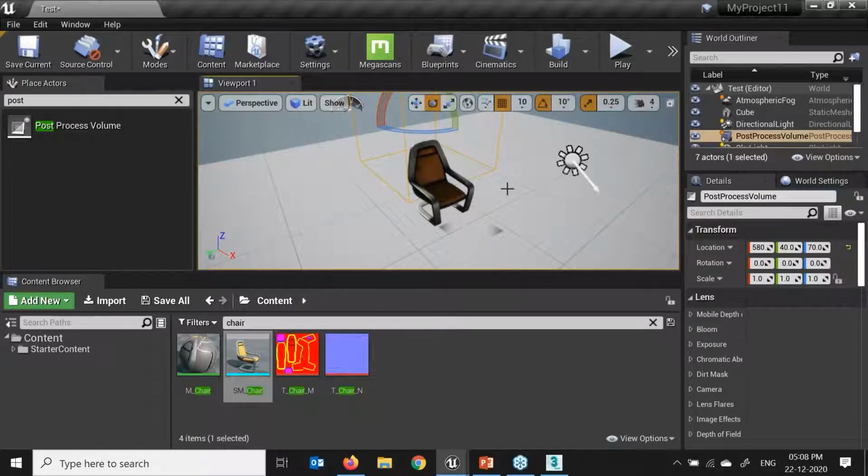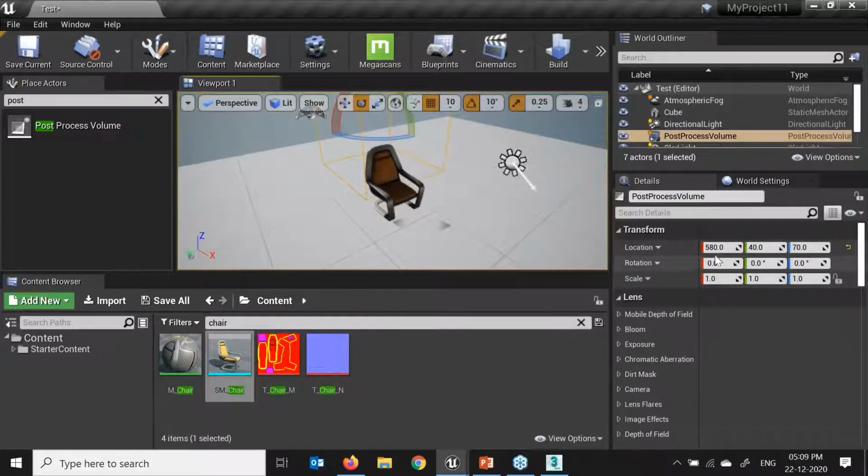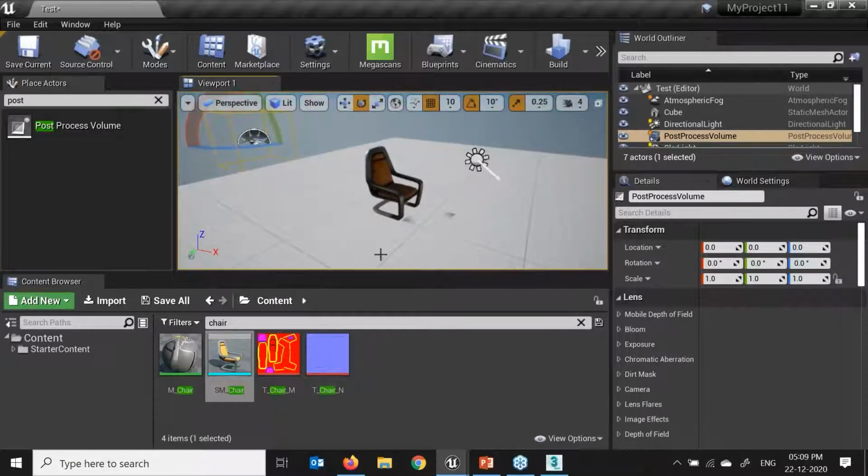Because if we look towards the sun for 5 to 10 seconds, then if we look at any wall, it will start from a little bit of blackout, correct. So this is the post process volume we need to give whenever we create any scene over here. Make this again 0, 0, 0. It's better to have this setup in our level, right?